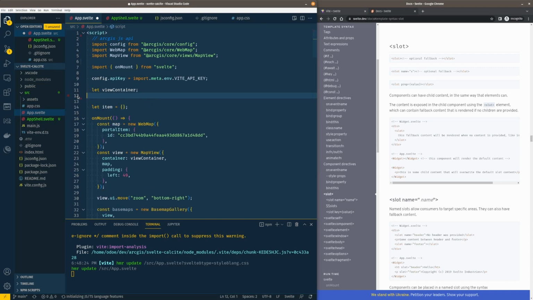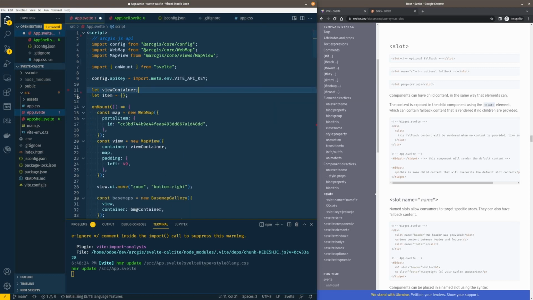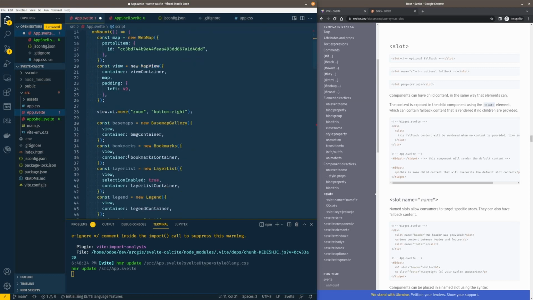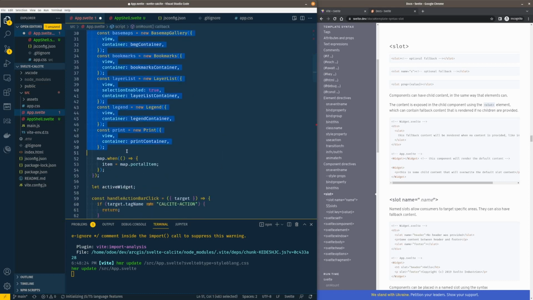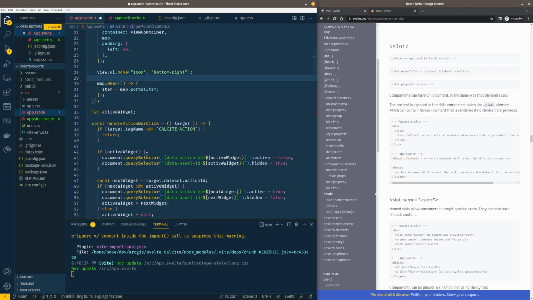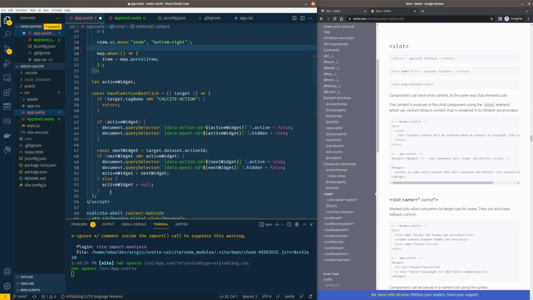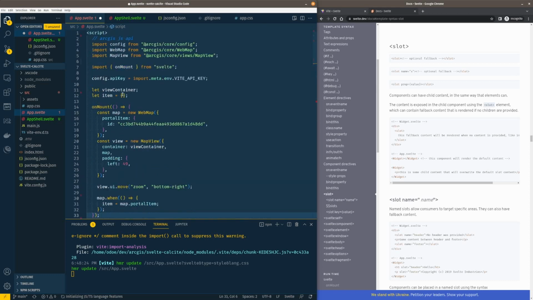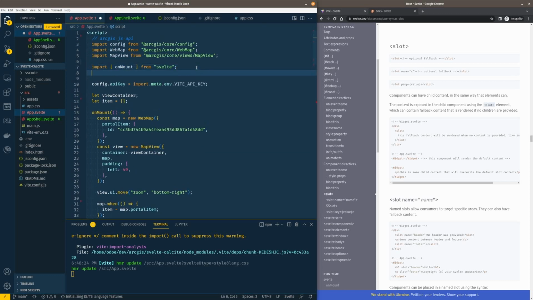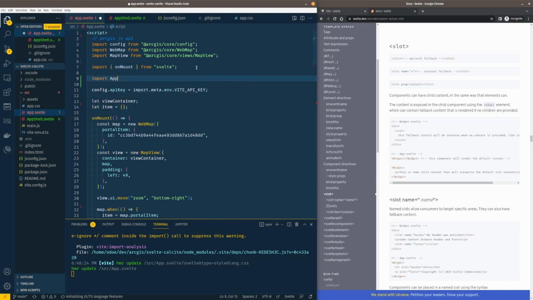All right. So we have a view container. We've got the item. We'll leave the onMount, and we'll leave that moving the widget. Let's get rid of all this. And we don't need this in here. Yeah, where's this? There we go. Okay, let's get rid of all that code that we don't need. We're going to import the app shell. So let's do it over here. Import app shell from